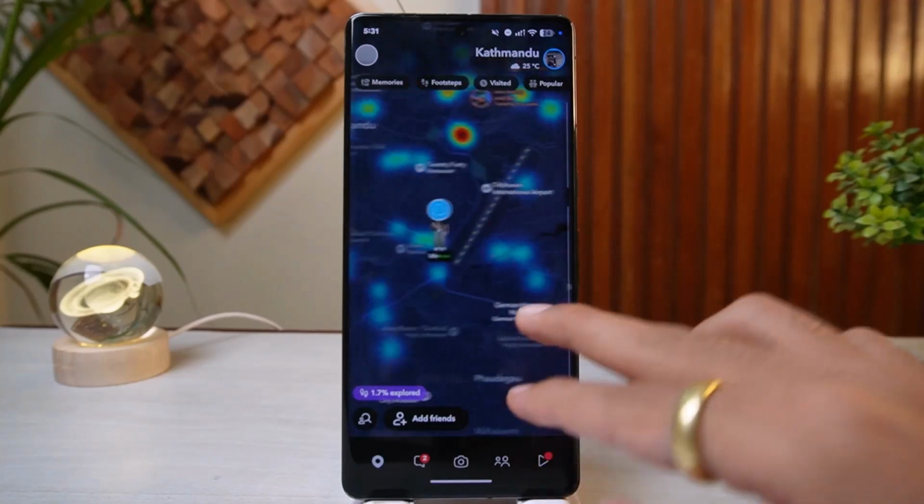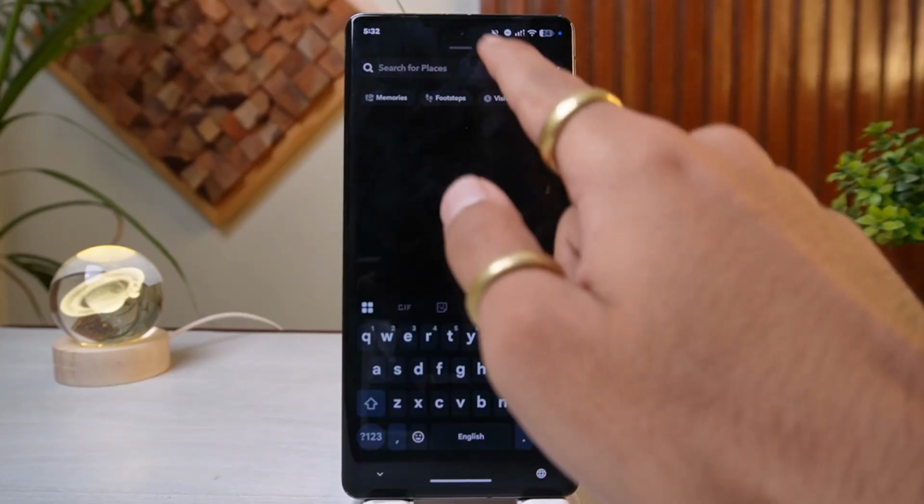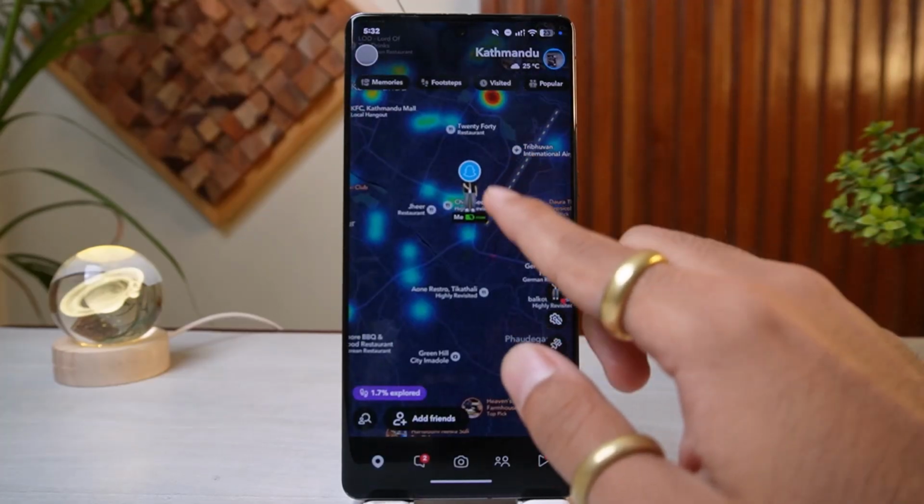Now you simply have to create a check-in status. Once the map loads, tap the status button located in the bottom left corner of the screen. From there, you can choose a place. Tap on the search bar, you can search for any place of your choice, and then set the status to